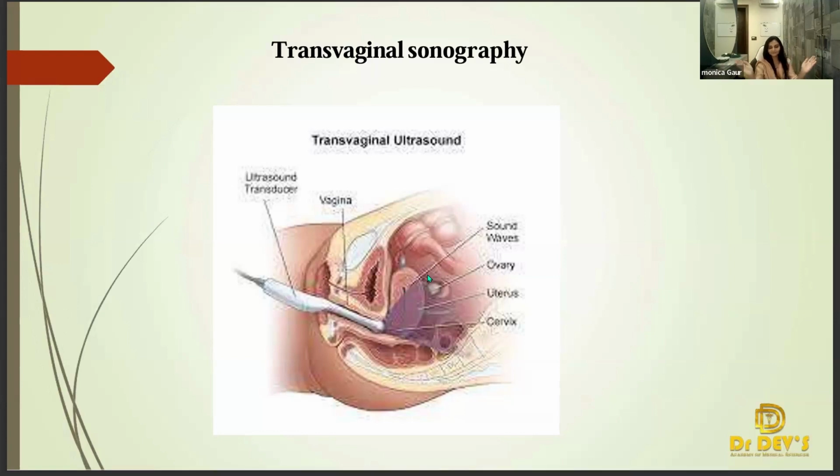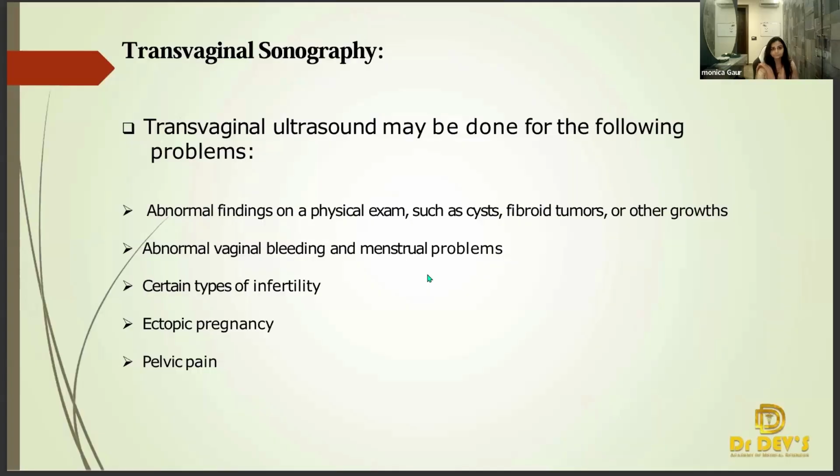Ovaries on both sides, but again you have to make movements, tilting from both sides, rotating. So this is what is required when we go for a transvaginal scan. But the view of the uterus and both the ovaries is very confirmatory, so that is the reason we prefer doing a transvaginal scan.